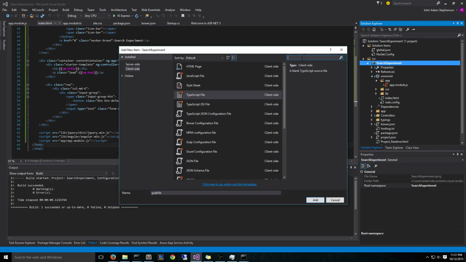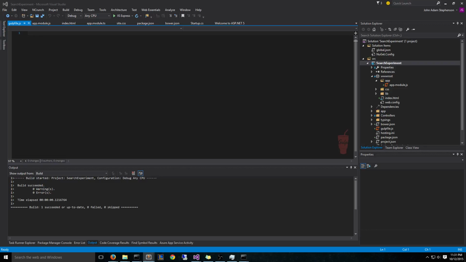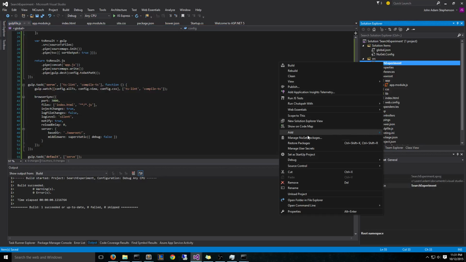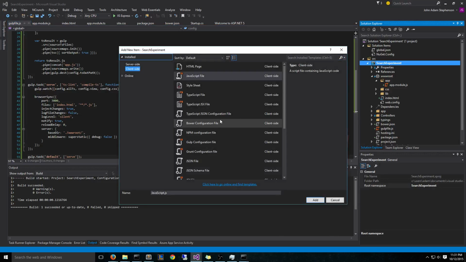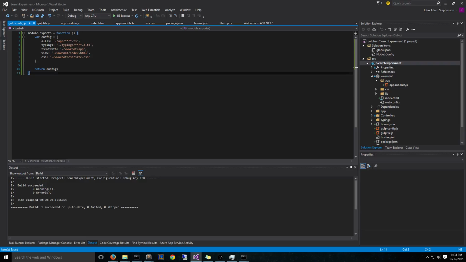So I'm going to add a Gulp file here, of JavaScript type. And for right now, I'm just going to copy in some stuff, and I'll explain it in 10 seconds here. And I'm also going to create one more file, gulp.config.js. So in gulp.config.js, I'm just referencing the paths of all the major things. TypeScripts are all under app. The typings are all installed under typings. Make sure to output the TypeScript to www/app, and we only have a single view and a single CSS